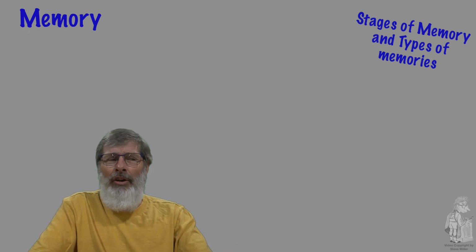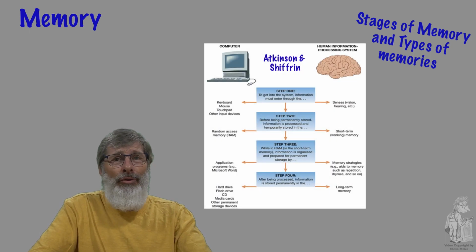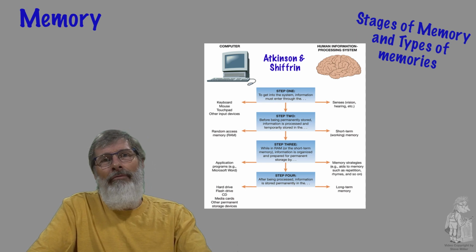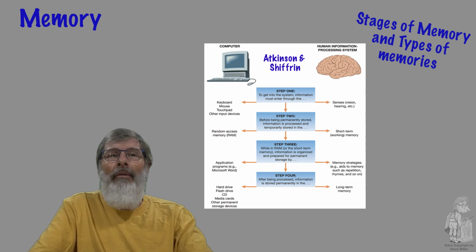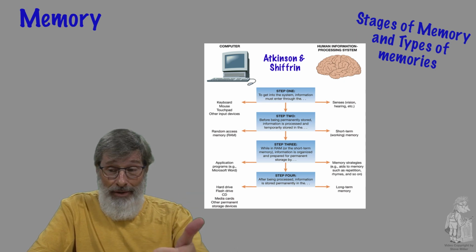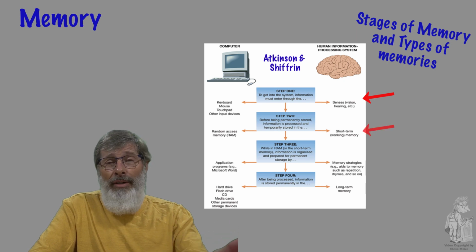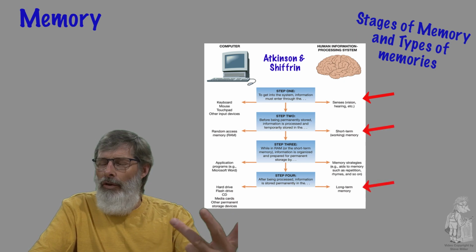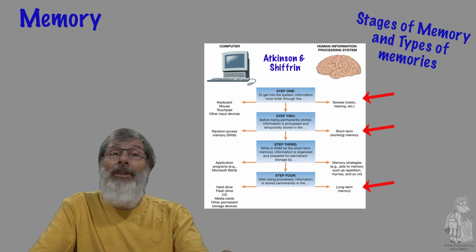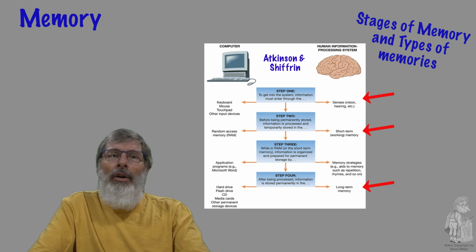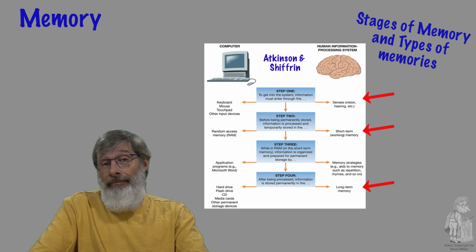There's an early model that linked the comparison between memory and a computer, and it was called the Atkinson-Shiffrin model of memory. There are 3 stages of memory. Information progressing through these stages determines how and how long the information will be retained. These stages include sensory memory, short-term memory, and long-term memory. You've probably heard of at least 2 of them, the short-term and long-term memory. Atkinson-Shiffrin related the model of memory to a computer analogy.